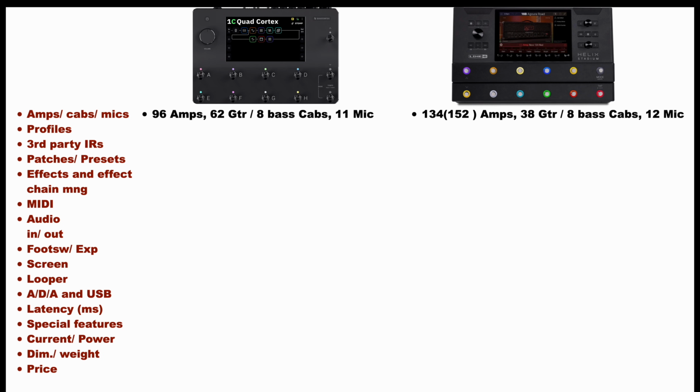On the other hand, the Helix offers 152 amps, considering also the channels. In fact, in the Quad Cortex each channel has a specific amp block, whereas in the Helix the channel is a parameter of the amp. Then we have 38 guitar and 8 bass cabinets and 12 mics that we can place over the cabinet in whatever